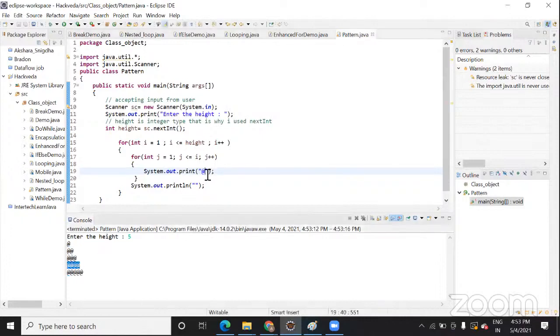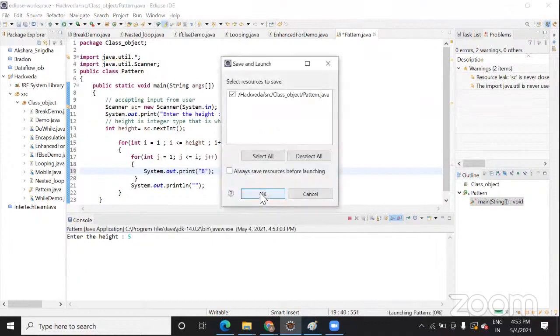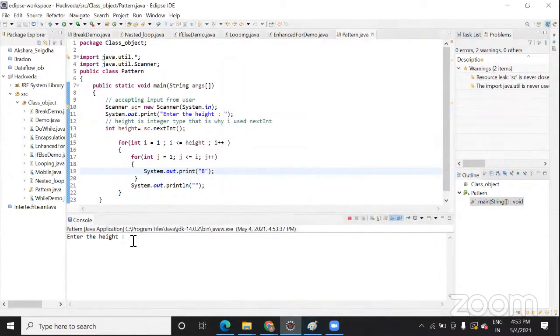Similarly, if you are not happy with this, you can use another symbol like B for Bhavesh. So let's run it. See this, right? So in this way, the nested for loop: what you understand from here is, when you want to work with more than one variable at the same time, means they both will be managed at the same time, so we use nested loop. So I have shown you one example.